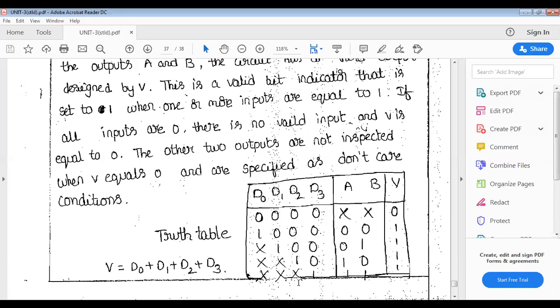See, one or more, and that is why I represented the don't care here and here also, because whatever the inputs are, 0, 0, 0, 1, 1, 0, it is irrespective of this. If all the inputs are 0, V is also 0. When V is equal to 1, when one or more inputs is 1, then the valid input, valid